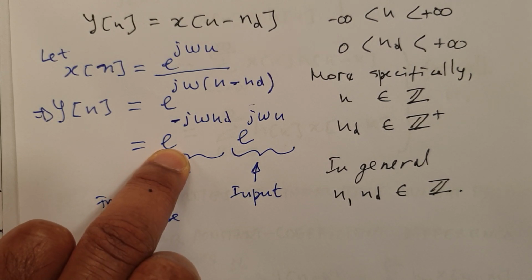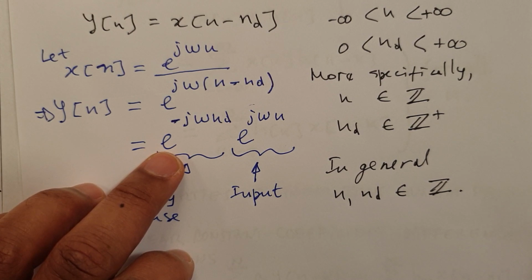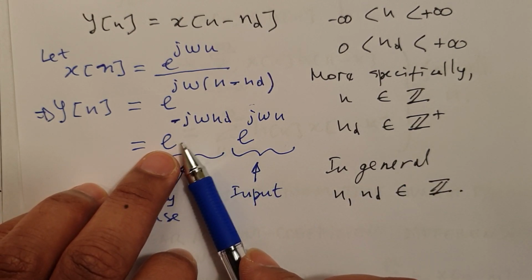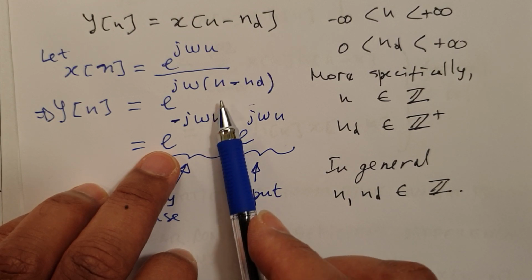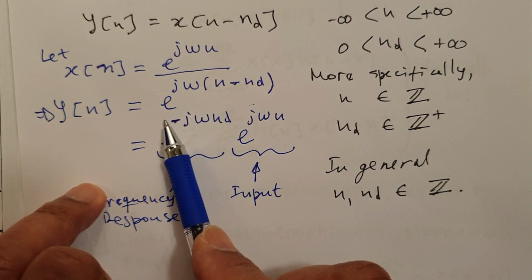It turns out that in this case the absolute value is 1, but this is the analysis in the time domain, so we see the delay here that will correspond to a change